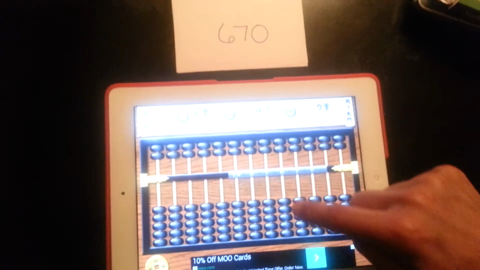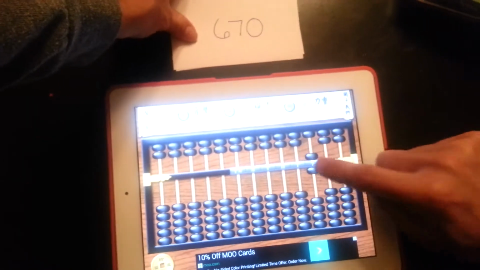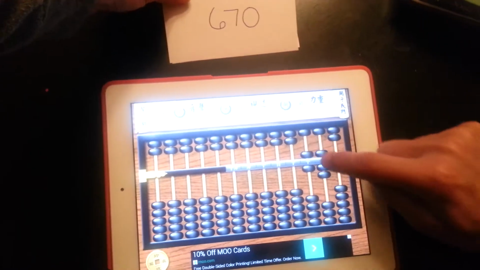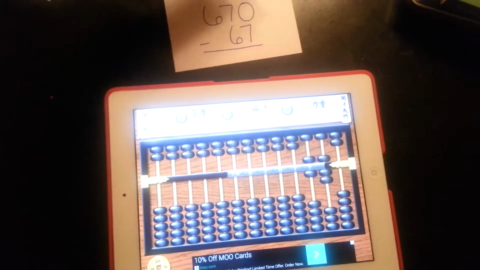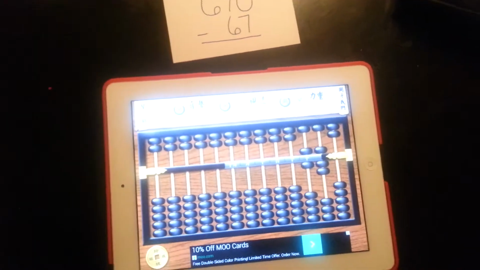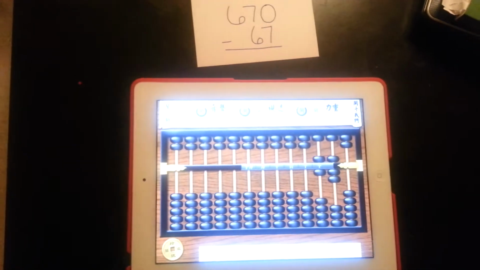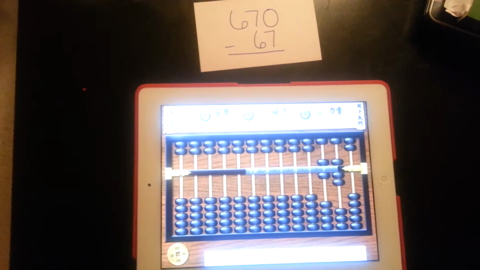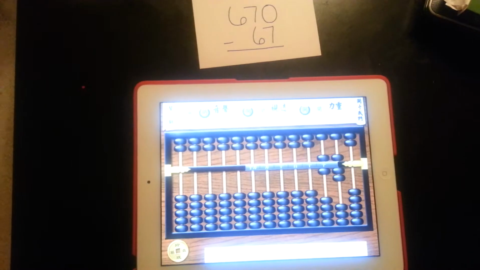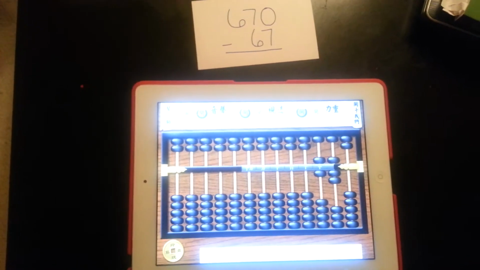as we move to the next step of this trick, which is subtracting 67 from our product 670. Now when we use the abacus to subtract, we're also going to move from the left to the right. We have 67